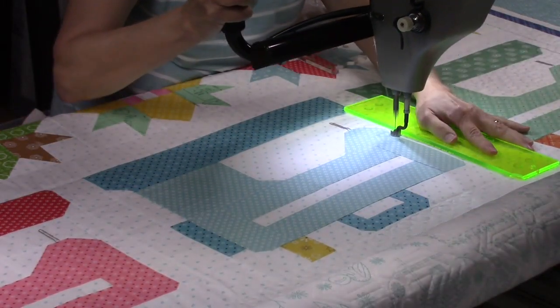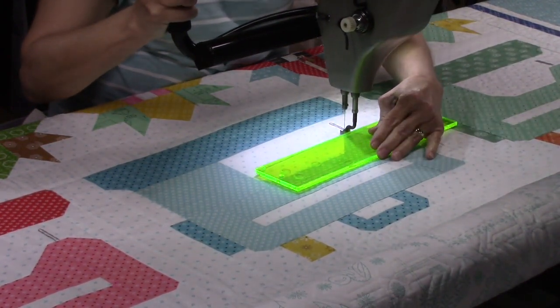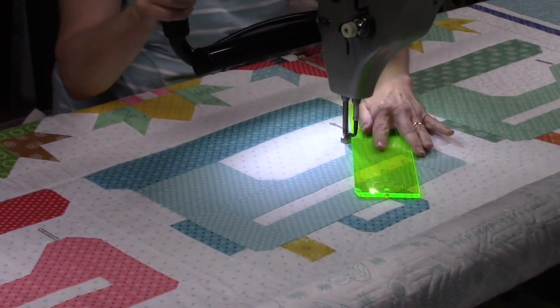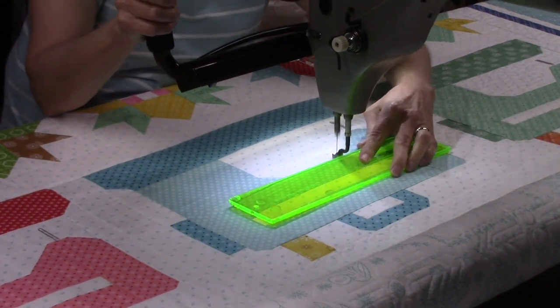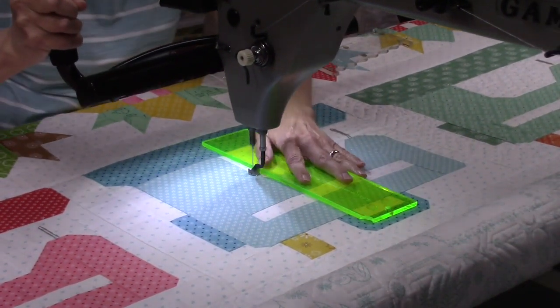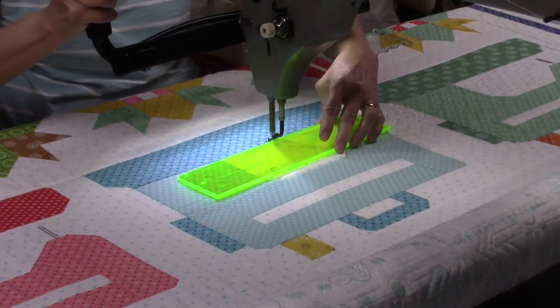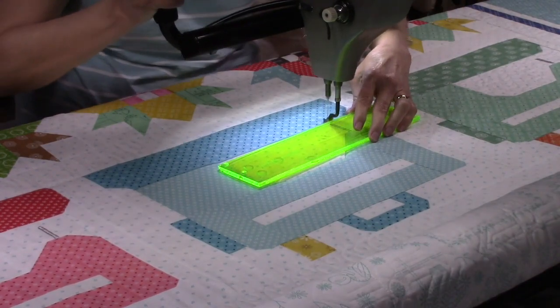And now I'm working on the sewing machines. Now those took the most time. There's only 3 blocks though, but you know, they're big, so they took quite a bit of time. I'm doing some outline quilting here. I'm just going around the entire piece here,